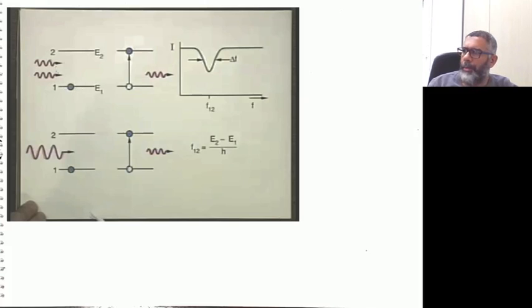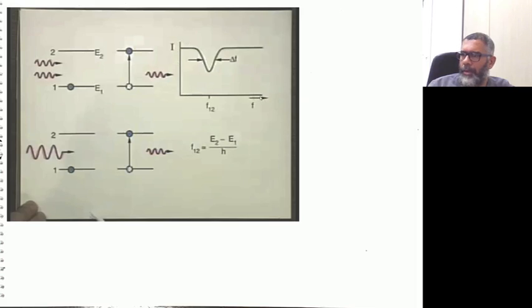And what happens over here is that if these photons have the energies which is equal to the difference between E2 and E1, in that case one of them will be absorbed. Okay, and as a result of absorption, the electron will go to the upper state. So that means the initial intensity of the light will be dropped, and this you see in this graph of